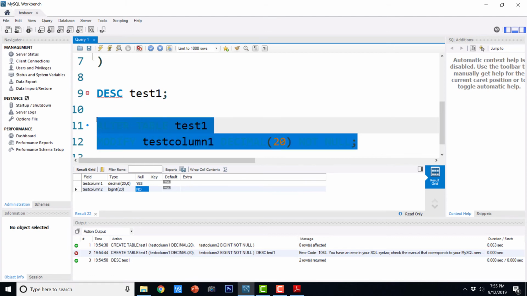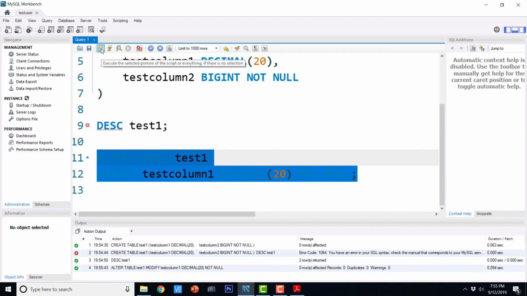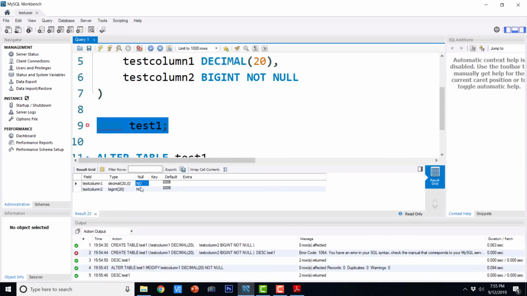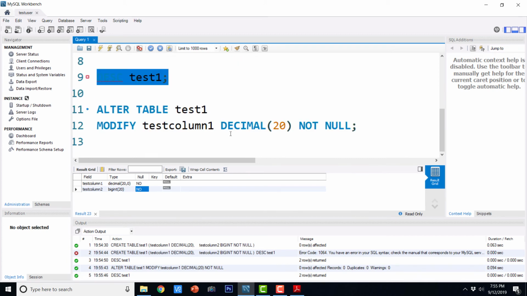I'm going to execute this query, and it has altered the table. And let us see. Yes, both the columns are not null columns now.